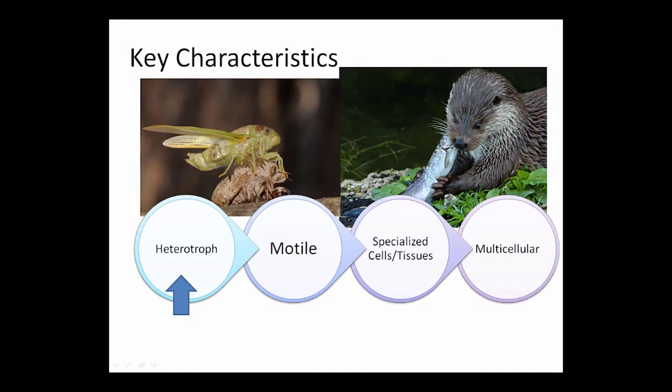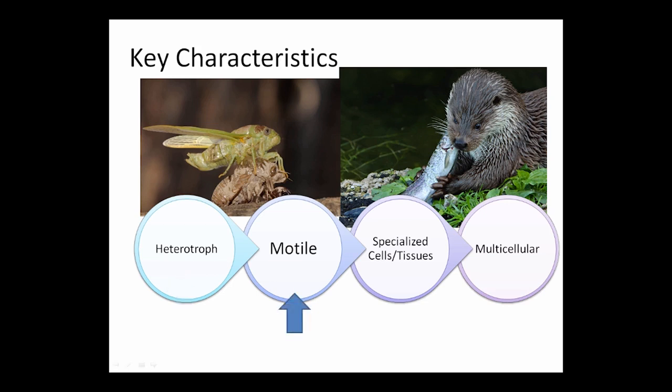And what I want to talk about is some key characteristics of animals. And something that all animals have in common is that they are heterotrophs. They have to get and consume all the molecules they need for energy and their basic building blocks through consuming other organic molecules. So they need to eat other plants, other animals, other decaying plants or animals, like with their detritivores or detritus.